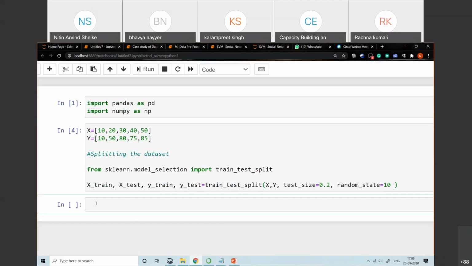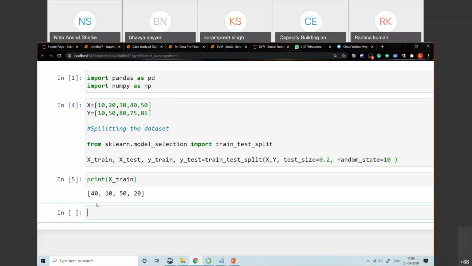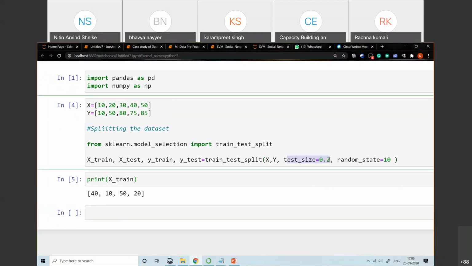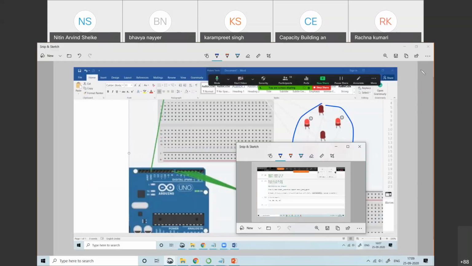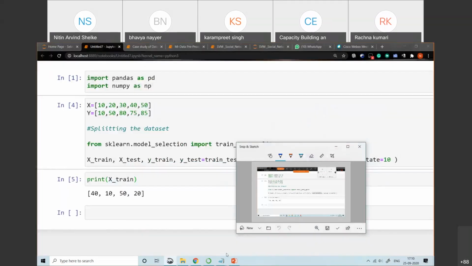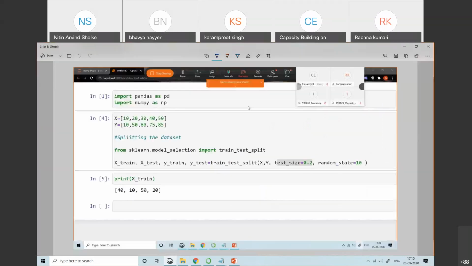Now let me just show you print x_train. Now test size equal to 0.2 means it's 20%. Test size equal to 0.2 means 20% is given to the testing data set and 80% is given to the training data set, right?